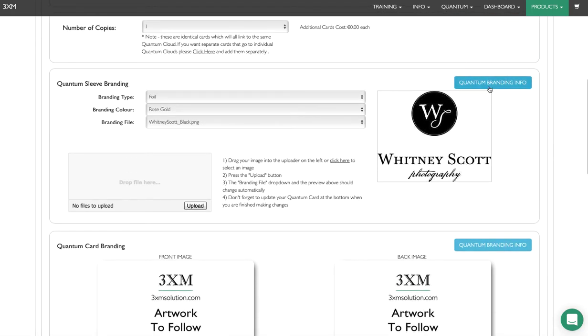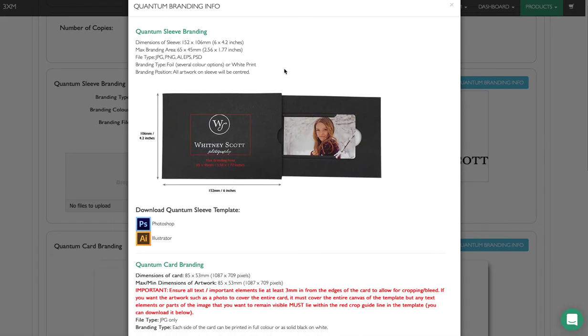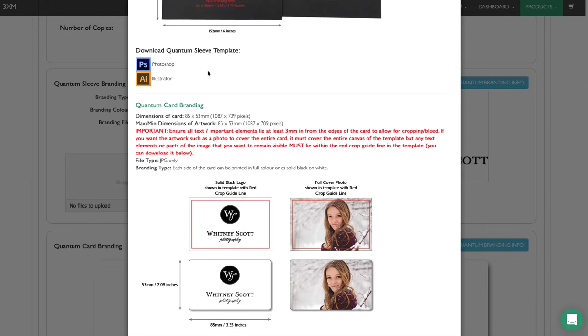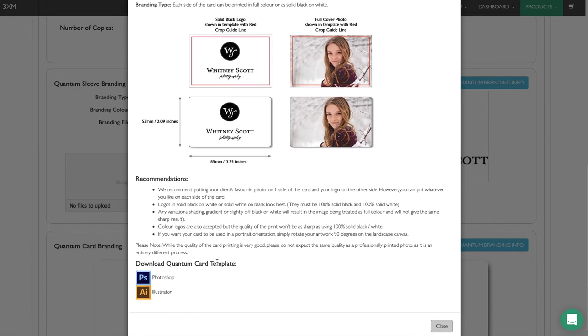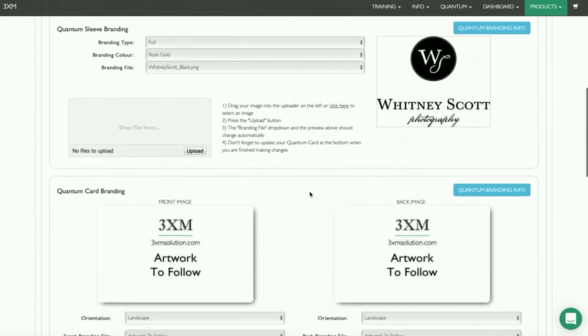So if you need information on quantum branding, if you click that blue button, that will give you all the details in terms of dimensions, file types, and so on that you need. And there are also downloadable templates for Photoshop and Illustrator for the sleeve, and of course for the card itself as well. So now you have your artwork uploaded for your quantum sleeve, and now we'll move on to the